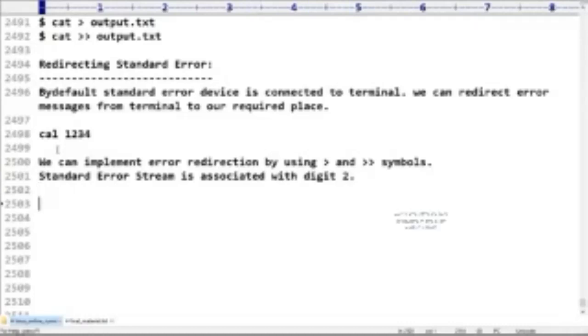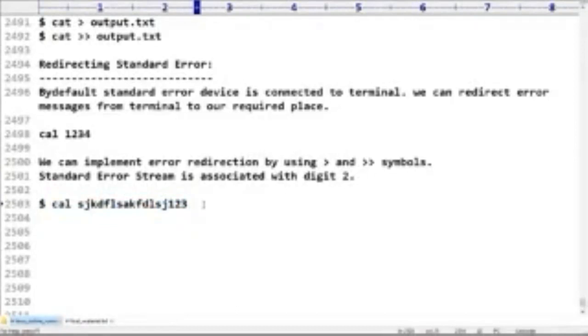Now what I'm trying to take is cal, with some invalid year. While executing this command, if you are getting any error, don't display that error to the terminal.